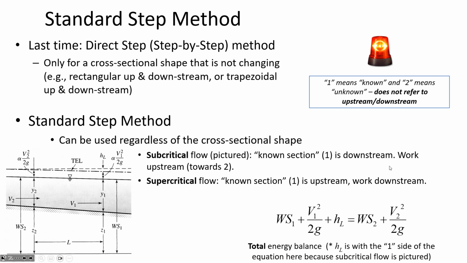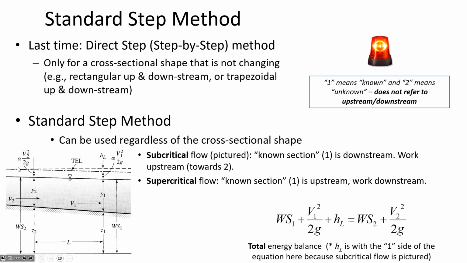This formula says that if you have a location 1, which is where you know the depth, and presumably you know the velocity head, and you know the elevation of the channel above the datum, so we know everything that we need to know at location 1, what we're trying to predict is how deep is the water